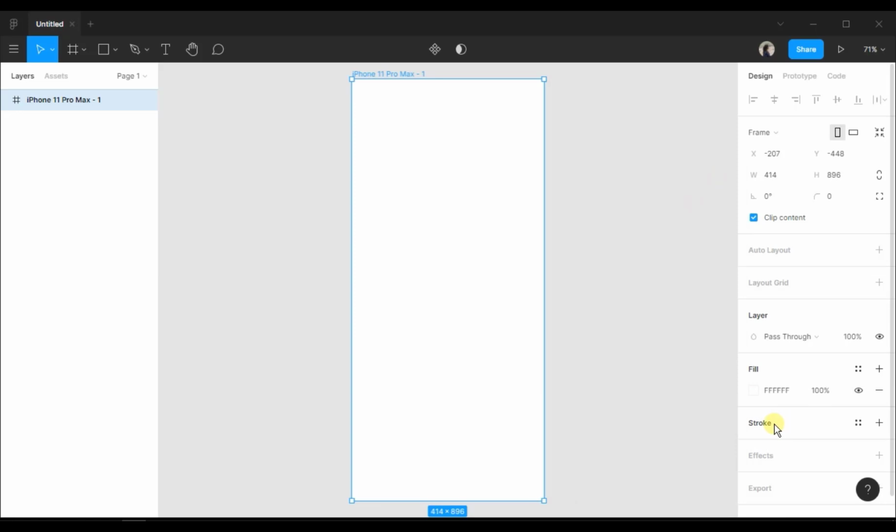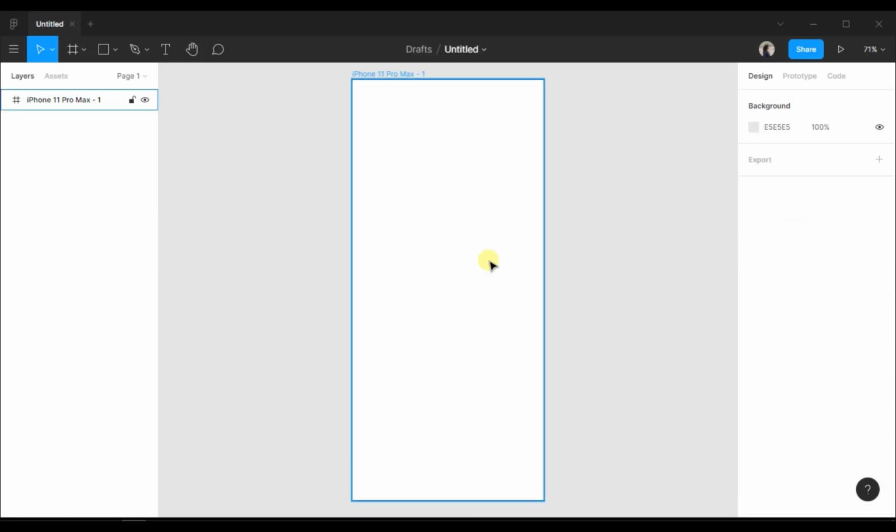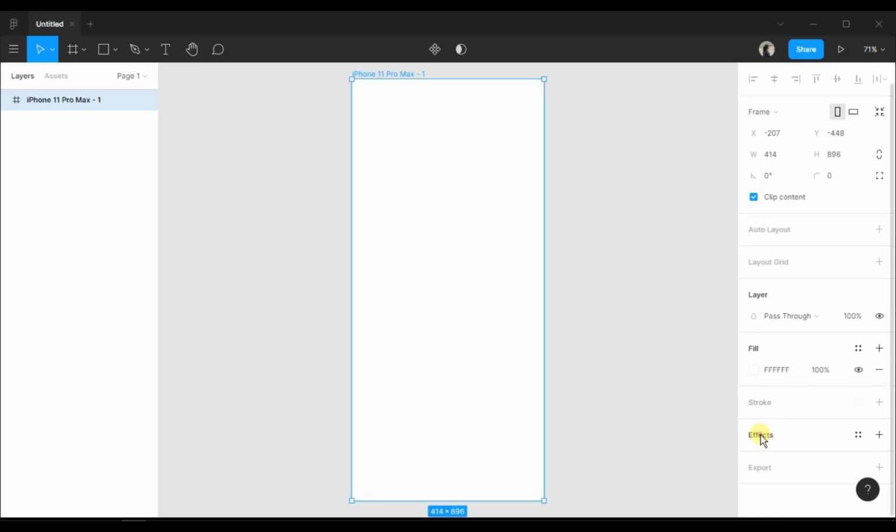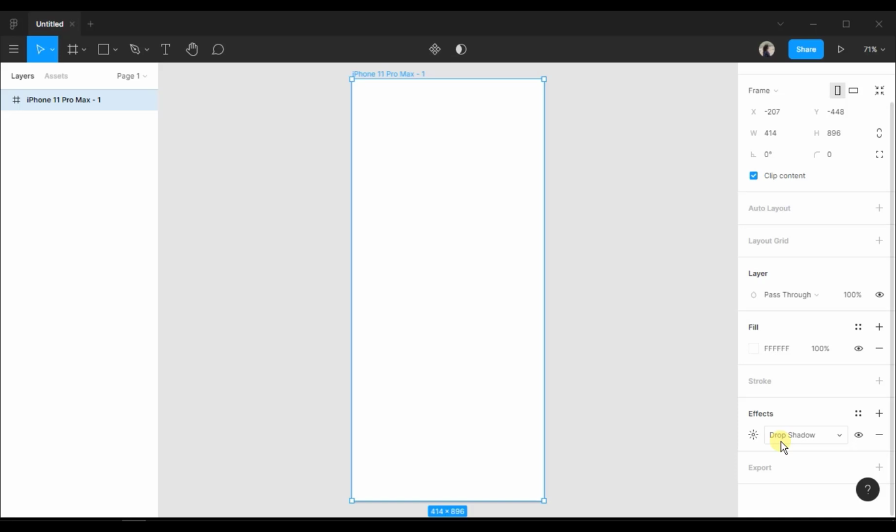Now here we have stroke option, which is the border, which will add the border to your frame or any shape you have added. And also here the opacity option to adjust the opacity of border. We have the effect option where you can add the shadows to your objects, and also we have different shadows options like inner shadow, drop shadow, layer blur, and background blur.